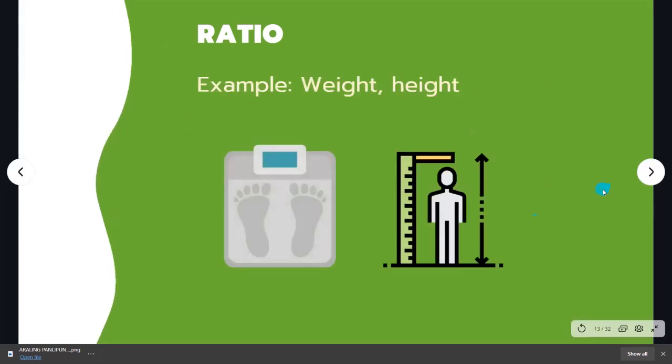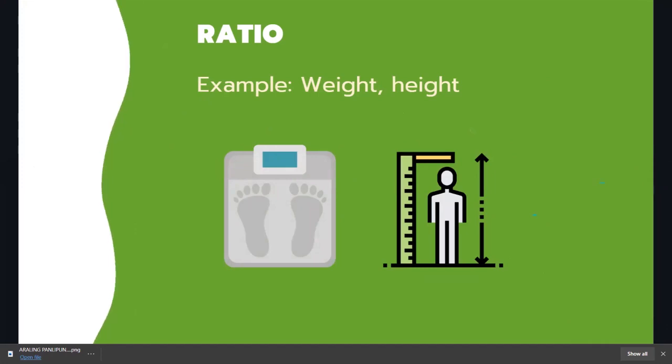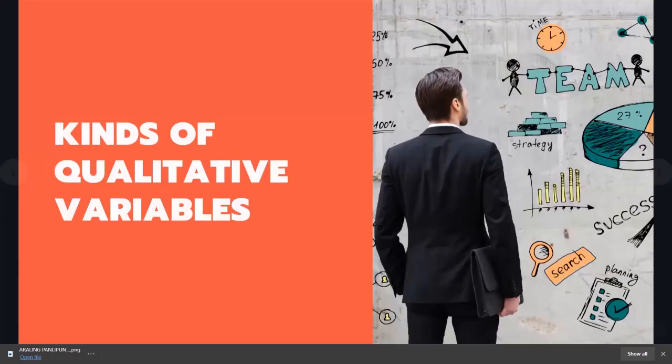For example, pinag-aralan yung isang bata and then binigyan siya ng mga supplement. So, pinag-aralan siya for 6 months. Sa pag-aaral na yon, nakita yung difference ng height improvement niya nang siya ay sinimulang bigyan ng supplement hanggang after 6 months ay 0 yung difference. So, ibig sabihin, wala talaga. Okay? Okay, so another